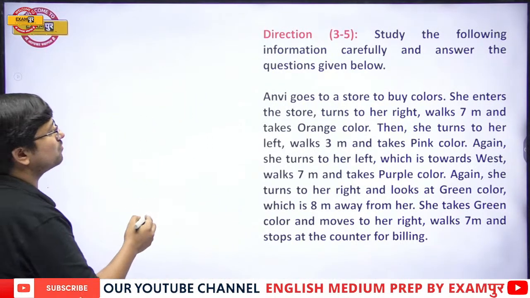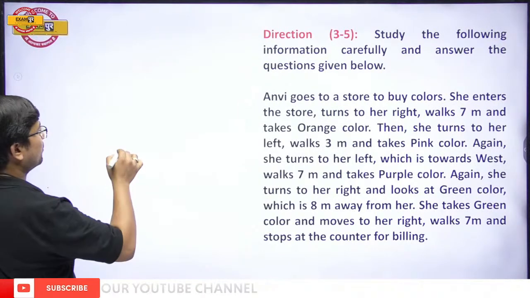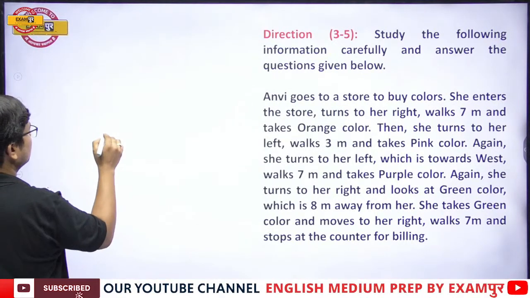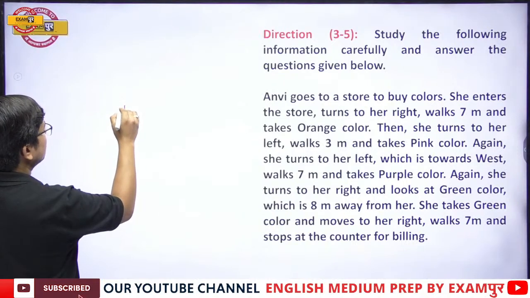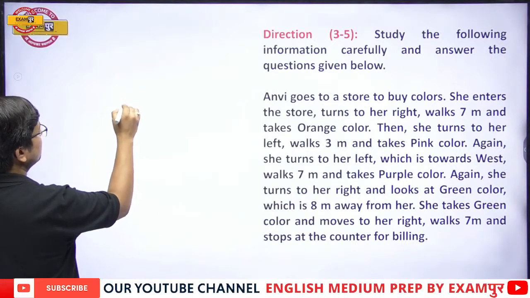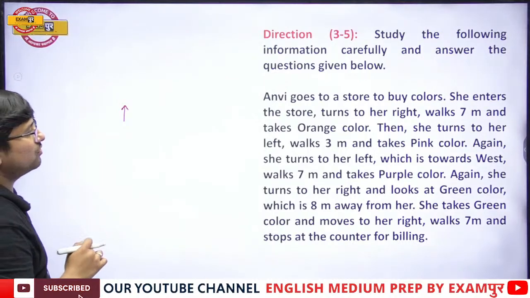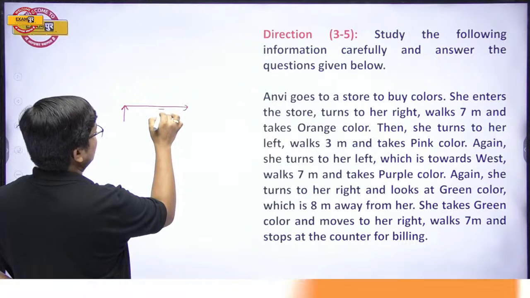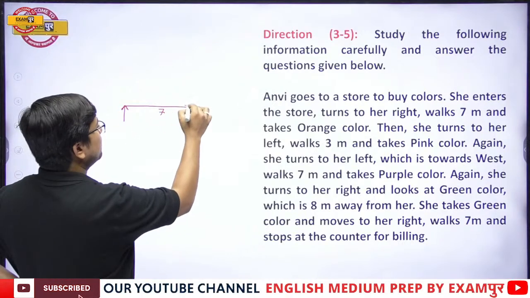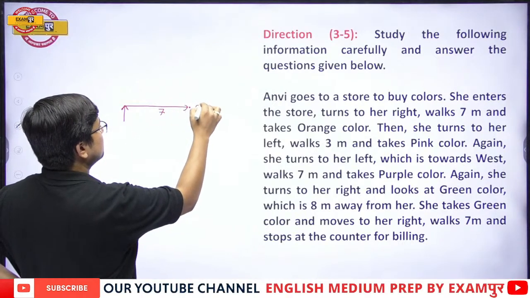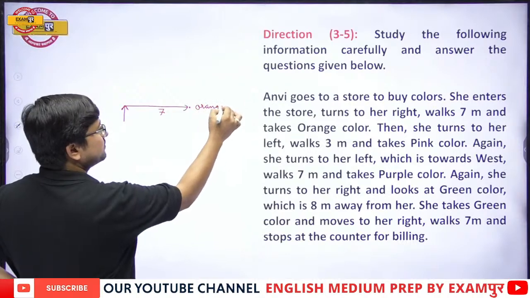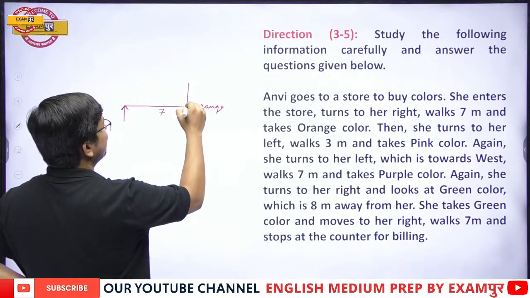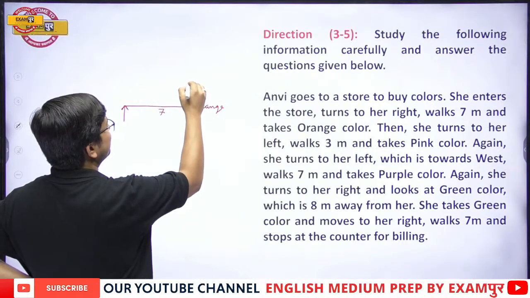Anvi goes to a store to buy colors. She enters the store. Okay. So suppose she enters the store in this way. Now upon entering the store, she turns to right, walks 7 meters and takes the orange color. Then she turns to her left. Walks 3 meters and takes the